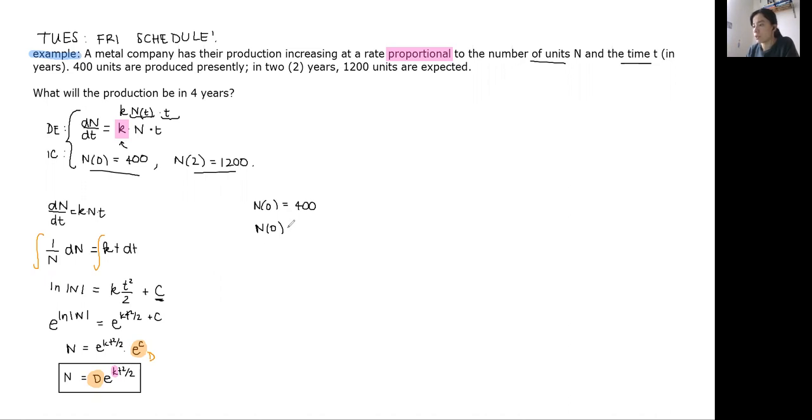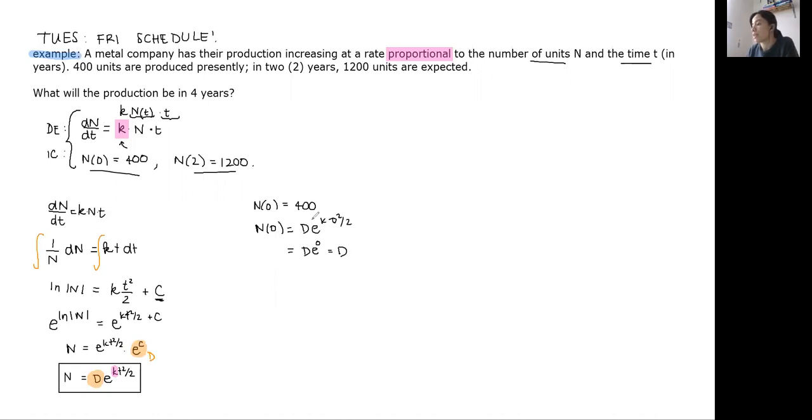So I'm going to plug 0 into that expression, and I get d times e to the power of k times 0 squared divided by 2, which means that n of 0 is equal to d times e to the power of 0. And this is equal to d,